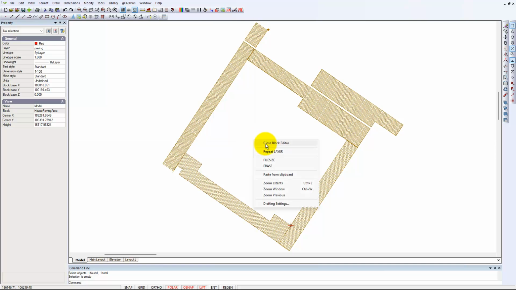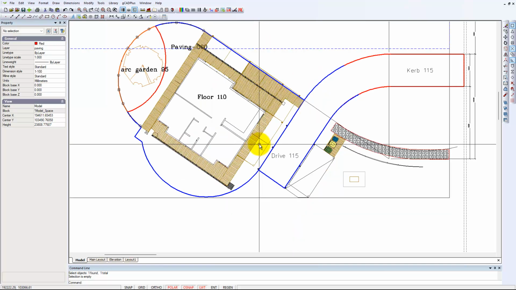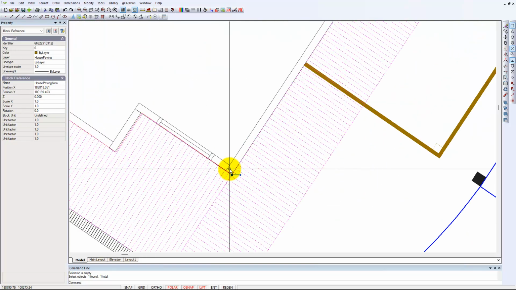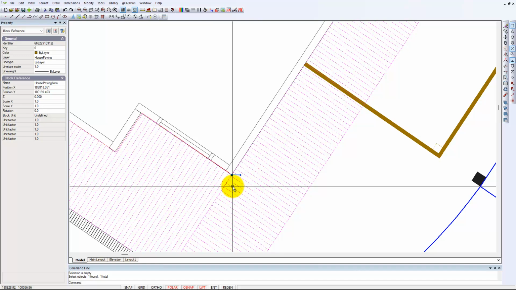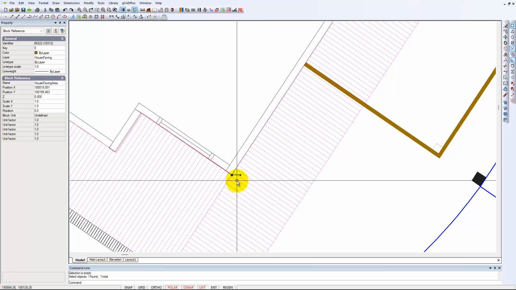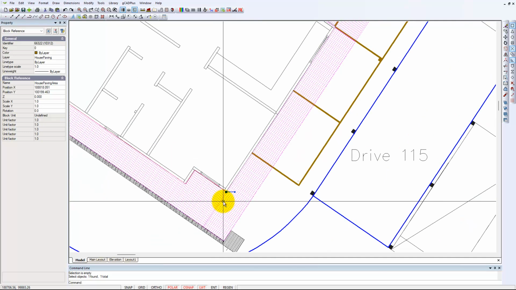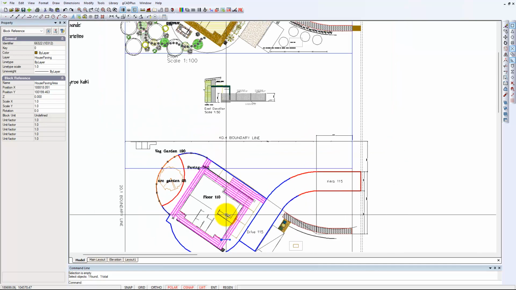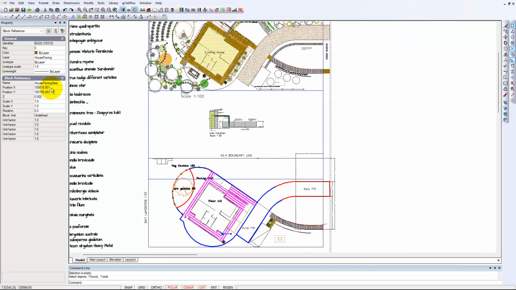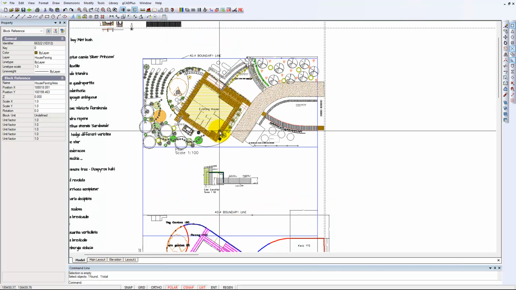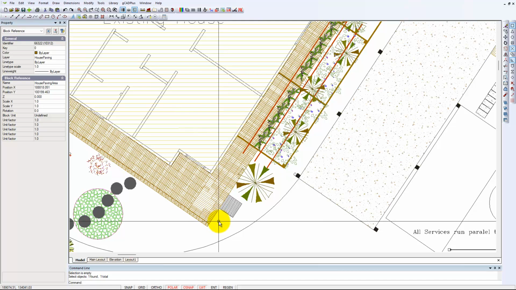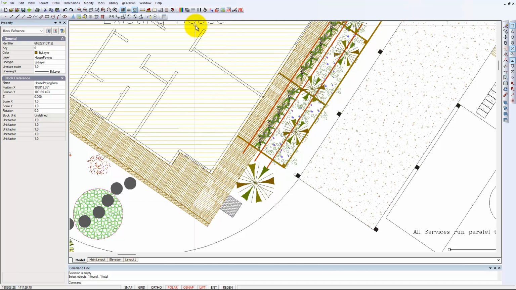So let's close that block editor, and you may have noticed that if I select it, we've put a base point of that block, so I've made a block to find the base point to be the angle of the house here, and I think you should be able to see that we now have a block which is called house paving area, and if we come back to the top part of the design, we need to turn off that